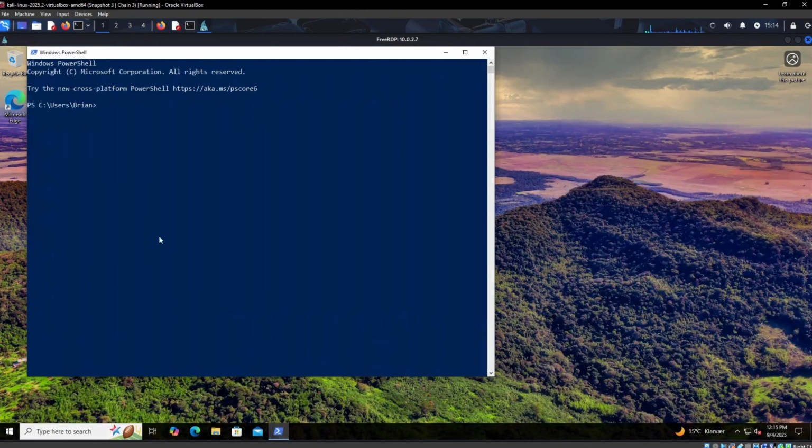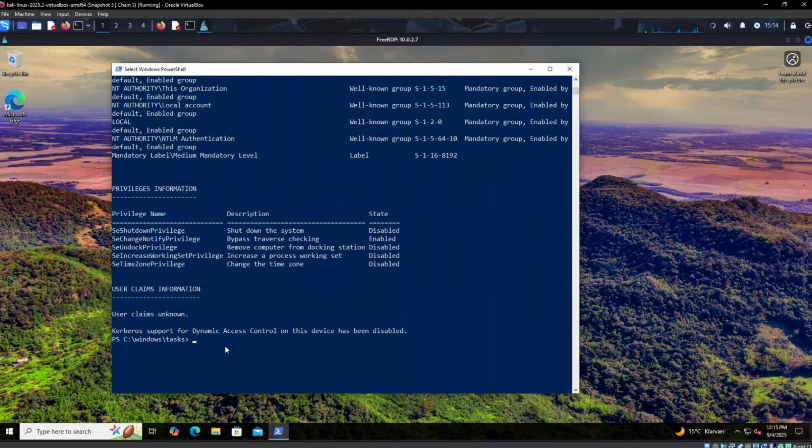So you can make the font size a bit bigger. This is the system from earlier with the Evil-WinRM session. And if we take a look at who we are, we see that we are in the built-in administrators group. Group used for deny only. So it's configured in such a way that you won't just get the immediate shell over SMB, even though